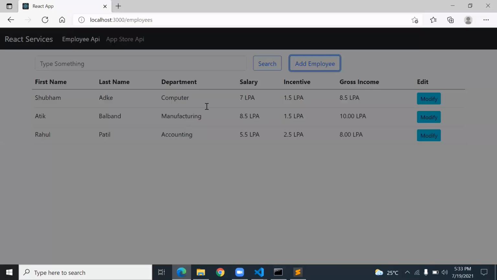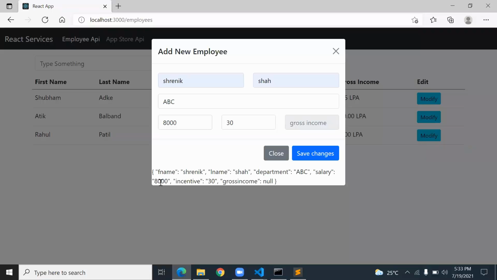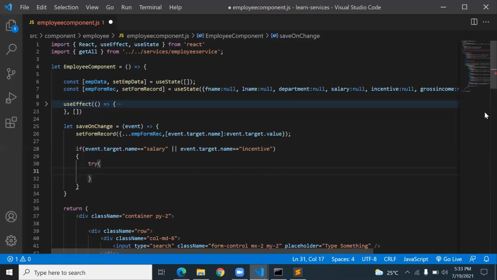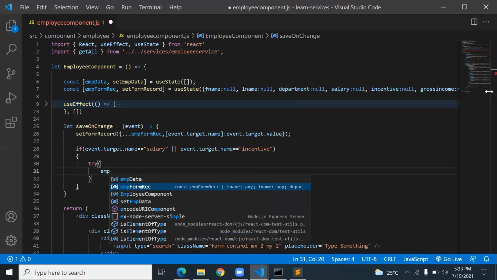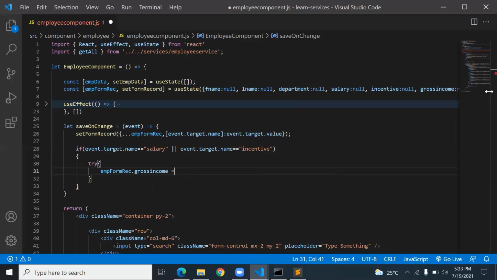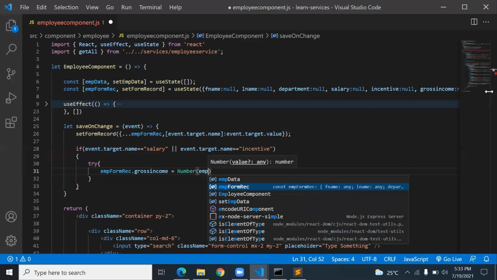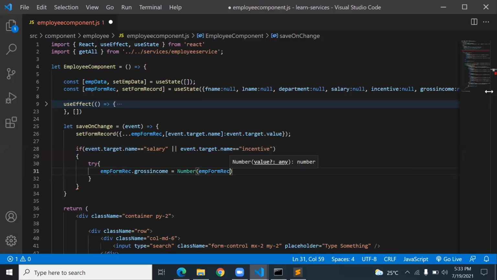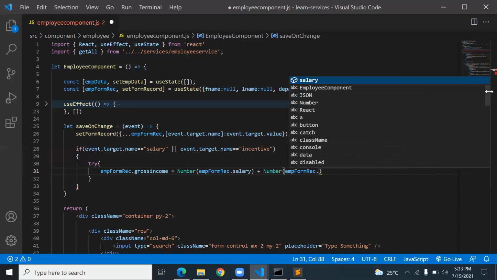The data I'm typing is collected as a string, not as an integer. So here I write the code: emp form record dot gross income is equal to number format of emp form record of salary plus number format of emp form record of incentive.